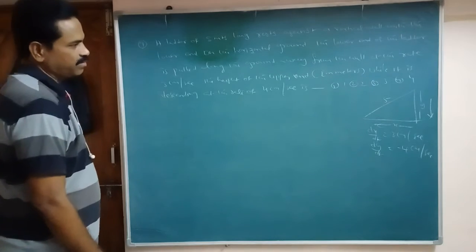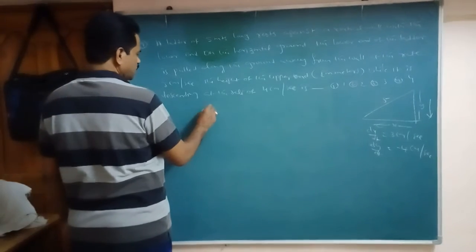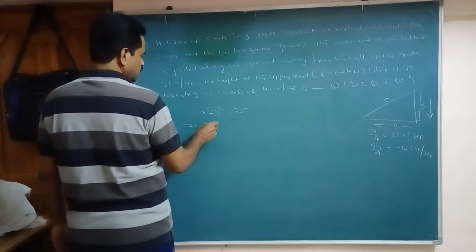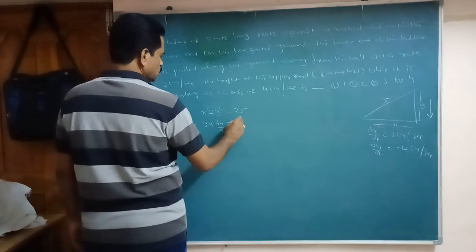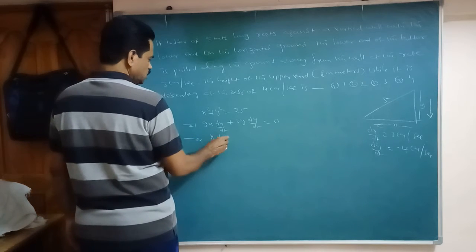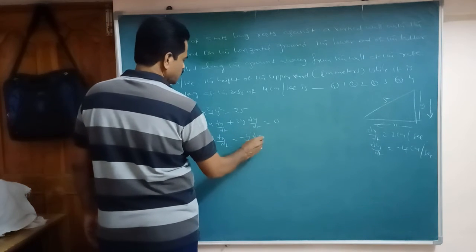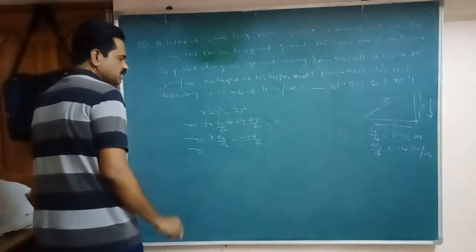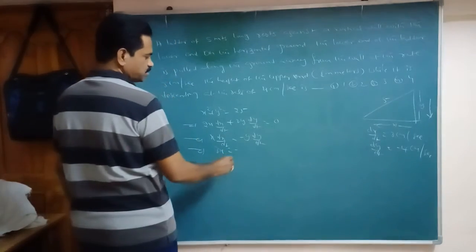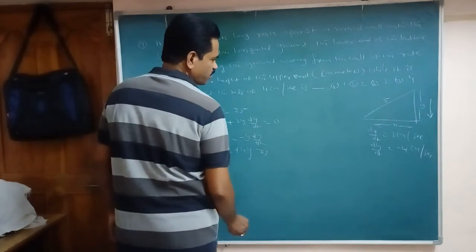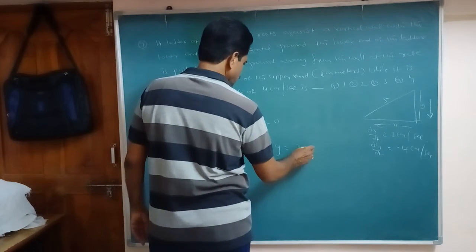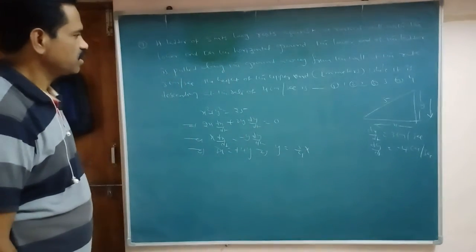So from the triangle we know that it is a right angle triangle, x square plus y square equal to how much here? 25. So 2x dx by dt plus 2y dy by dt is constant, is 0. So x dx by dt equal to minus y dy by dt. So what is the dx by dt? 3. 3x equal to minus minus plus 4y. Then what do I find out here? Y equal to 3 by 4 into x.